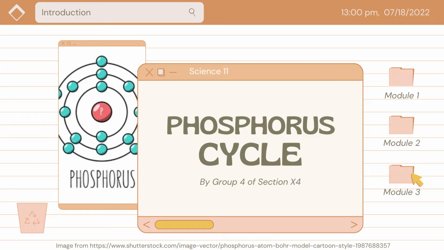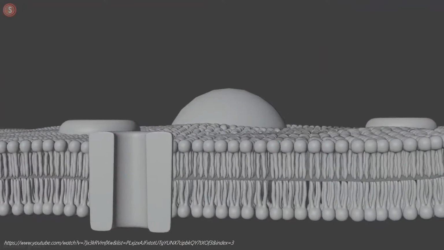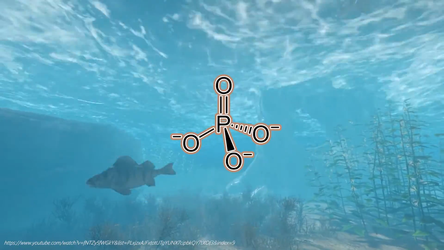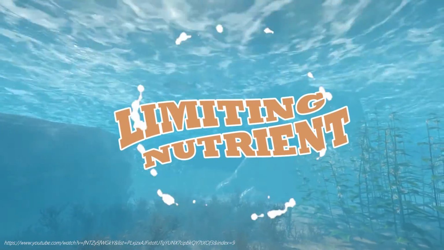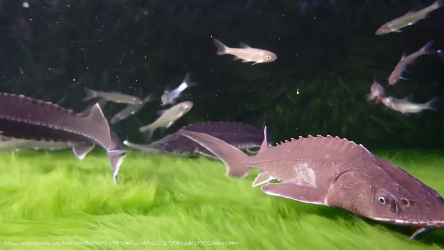Phosphorus is an essential nutrient for living organisms. It's a key part of nucleic acids like DNA and the phospholipids that form our cell membranes. Calcium phosphate also makes up the supportive components of our bones. Phosphorus is usually considered the limiting nutrient in aquatic ecosystems,